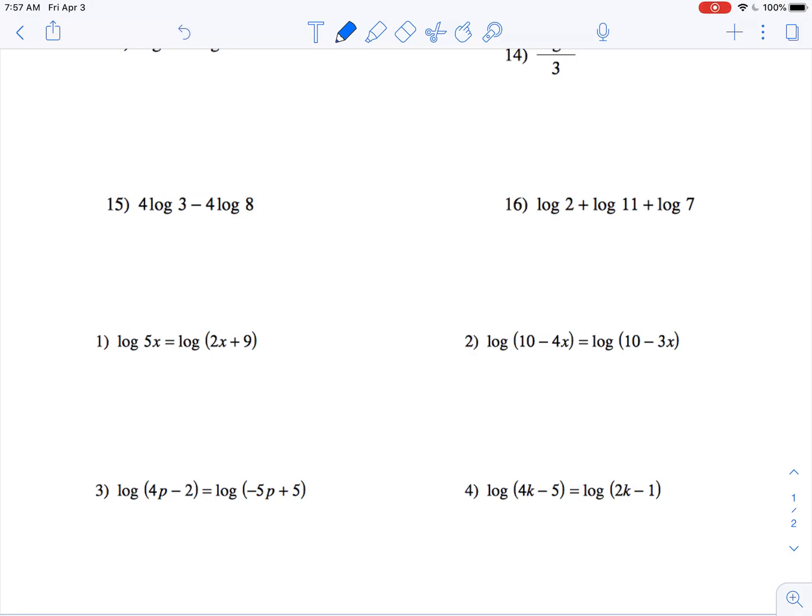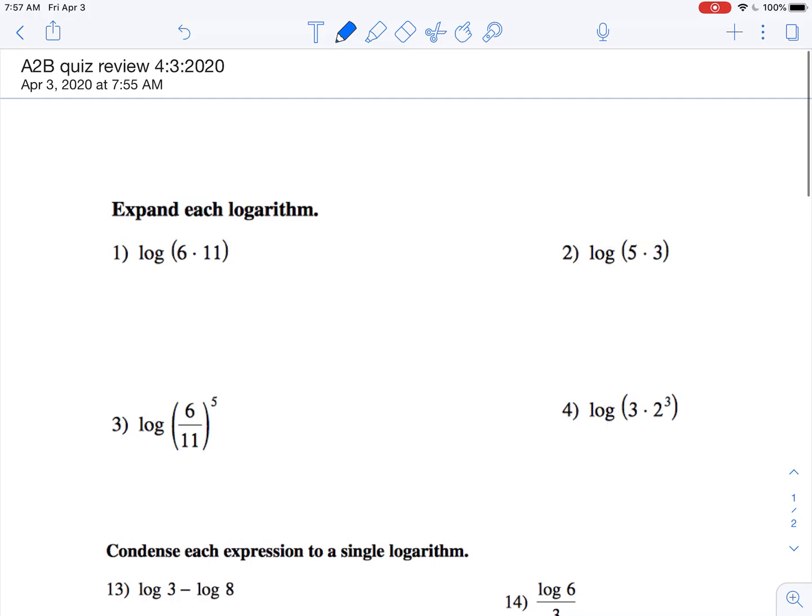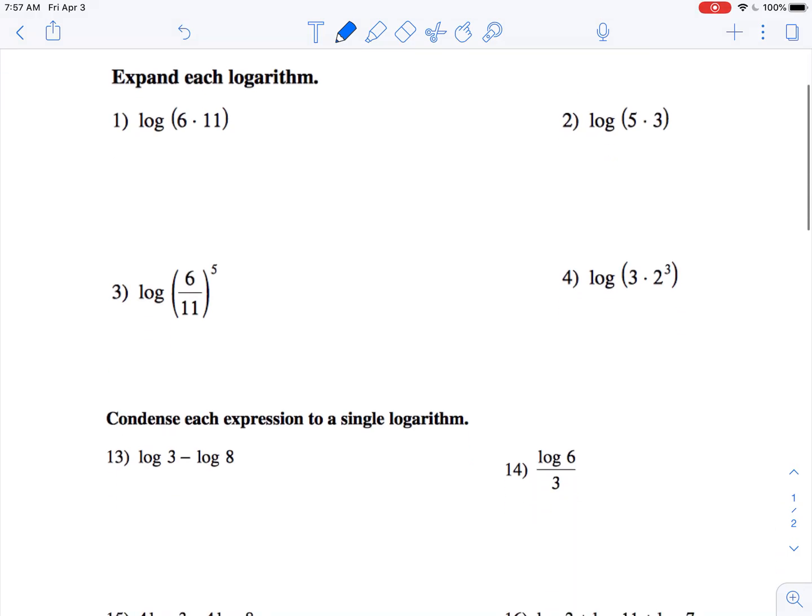Today you've got a quiz over expanding, condensing logs, evaluating logs, and solving the logarithmic equations, which are down here. So we're going to start with